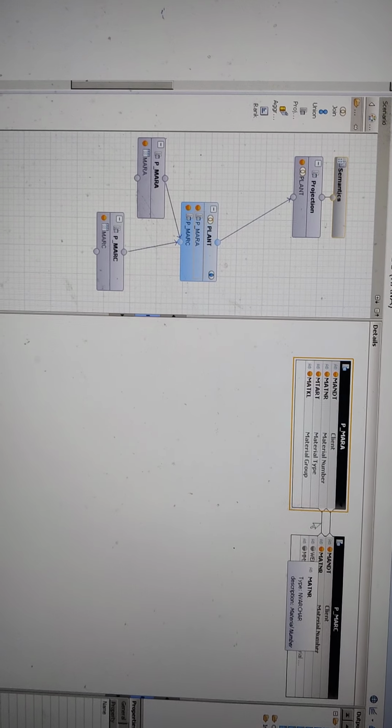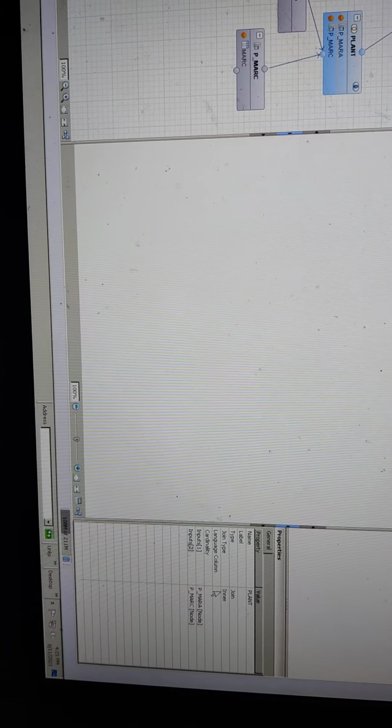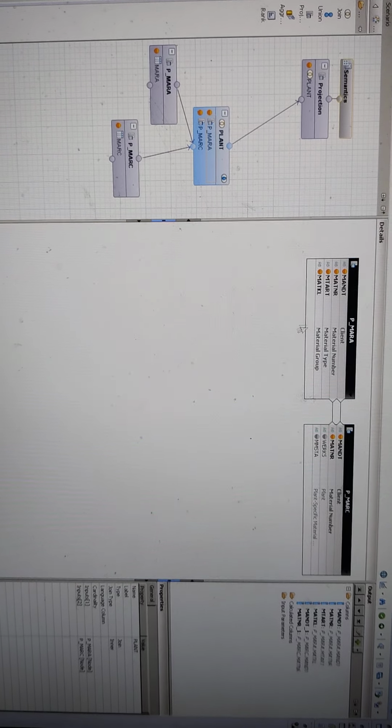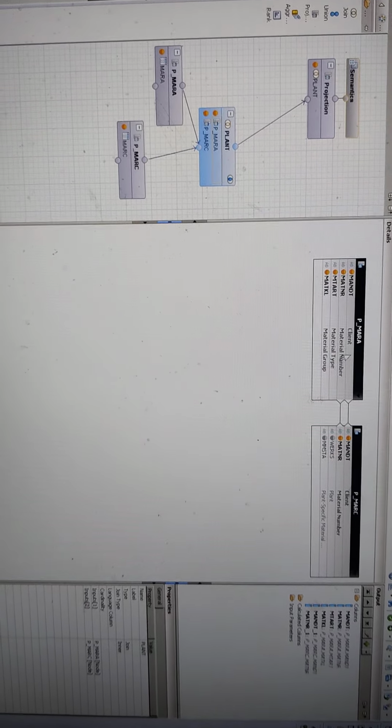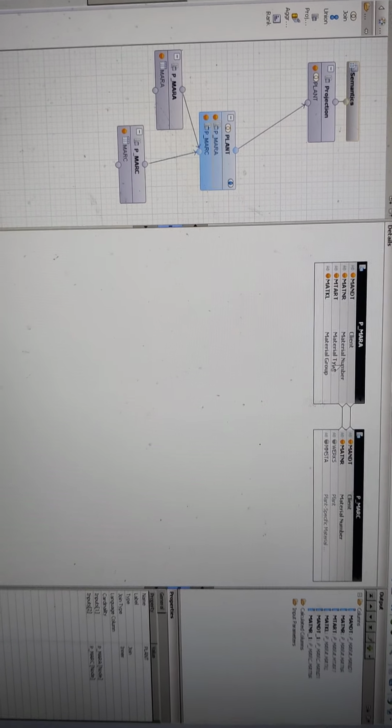Now where I dragged here, you get the properties. Normally when you drag, you can see here, if you select here, you will get the join type. What join do you want to do? I did an inner join. Okay, I joined these two tables. That means I create a table in a view where I see these columns and also these columns. So I just joined both of these tables. I selected these columns and these two columns, and I did an inner join between both of them. Okay, this is the inner join.